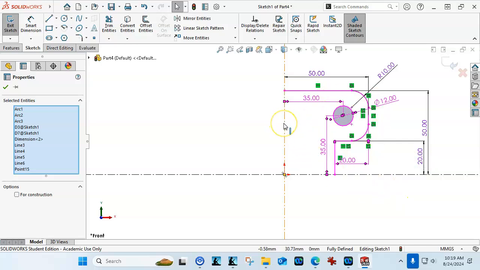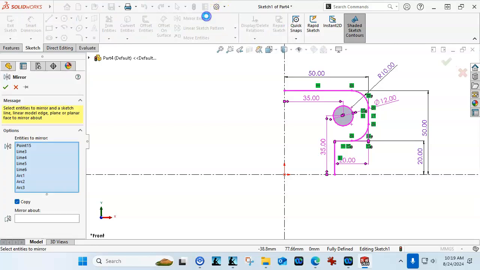So it excluded my center line, horizontal and vertical, and then we're going to look in the command manager for mirror entities. So we've got our geometry, and in this case, we're going to mirror about. It has a checkbox for copy. Even if I was just trying to flip this to the other side of